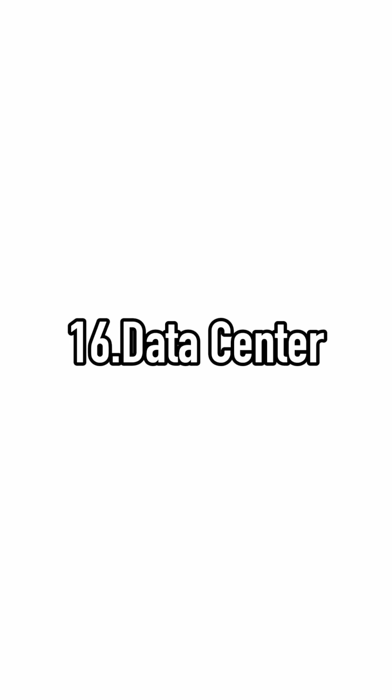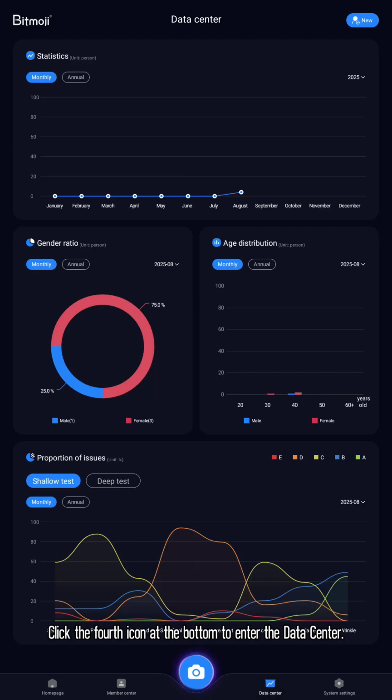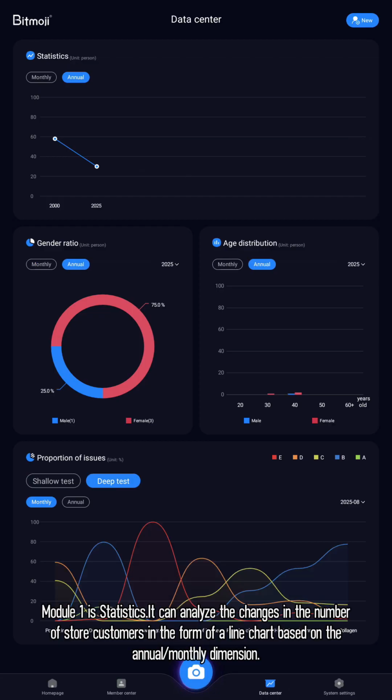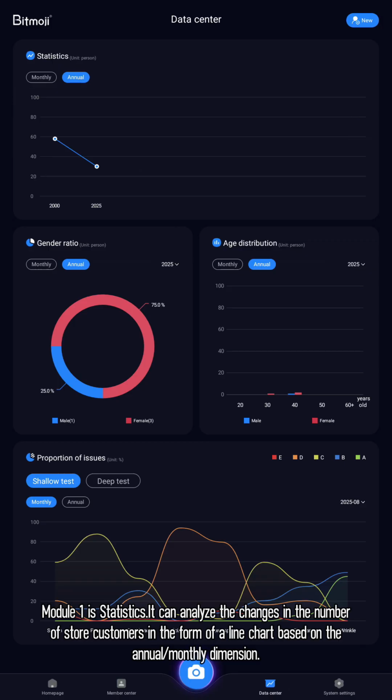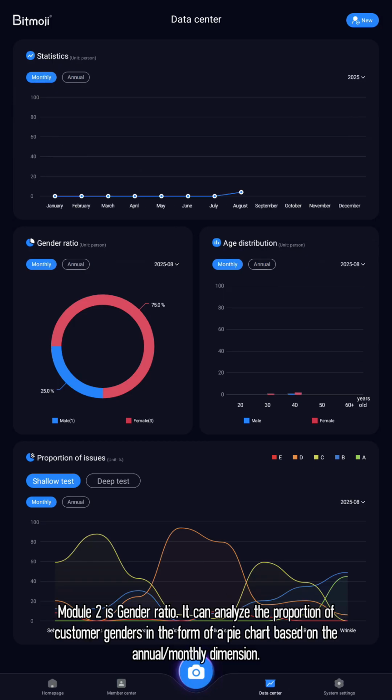16. Data Center. Click the 4th icon at the bottom to enter the data center. Module 1 is Statistics. It can analyze the changes in the number of store customers in the form of a line chart based on the annual, monthly dimension. Module 2 is Gender Ratio. It can analyze the proportion of customer genders in the form of a pie chart based on the annual, monthly